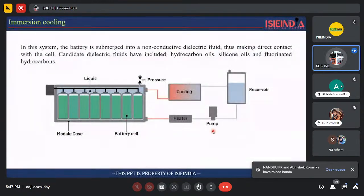So in the immersion part, there is a combination of pump and cooling. Along with that, we have a closed loop circuit in immersion cooling. Like we have a reservoir. The reservoir is always processing the same flow through each of the systems, where the regulation part was there. Heat can be generated, and the heat is passed through the pump and the reservoir, and again they are cooling and providing the cooling to the liquid. But immersion systems are not that efficient,